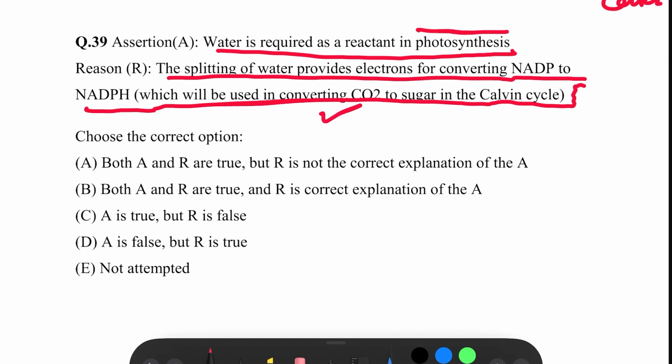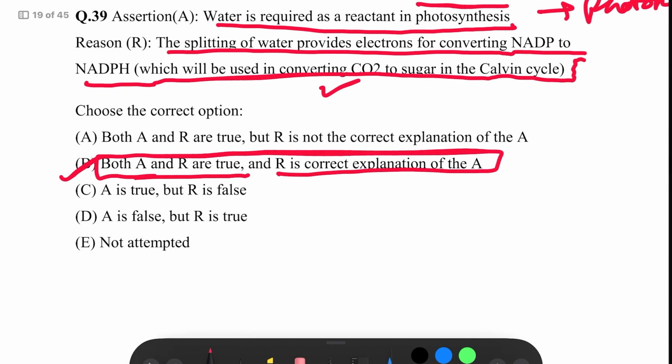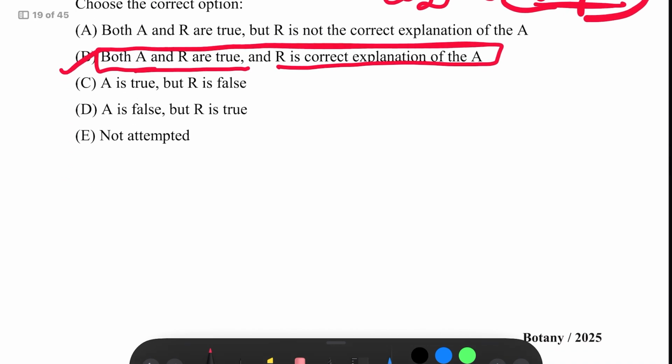Yeah, it's right. So we can say that both A and R are true, and R is the correct explanation of A. It's very important, just a topic from photosynthesis. Okay, photosynthesis, that is splitting of water होता है, and splitting of water से NADP convert होता है NADPH में, which will then be used to convert CO2 to ultimate sugar in the Calvin cycle. Okay, now move to the next